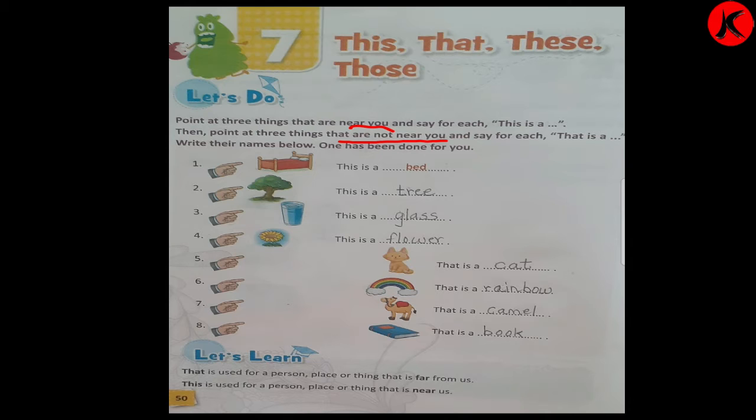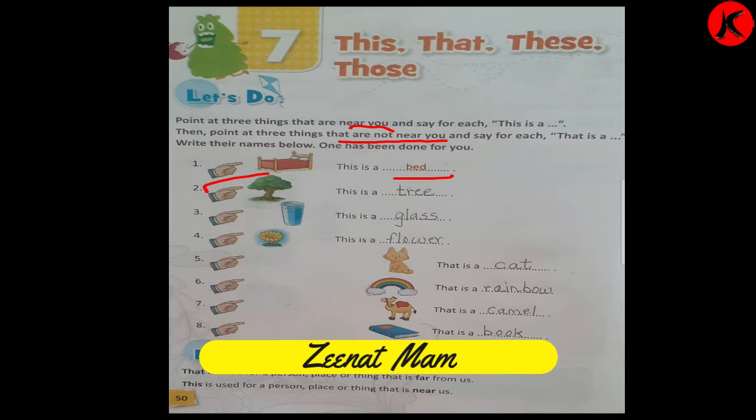और हमें क्या करना है? पिक्चर देखना है और हमें पता लगाना है पिक्चर देख के कि किसका पिक्चर है वो. And we have to write in the blanks given below. We'll do this exercise so you'll come to know. Number 1, this is a bed. Now you can see the finger, the pointing is what? Here the finger is showing you that the thing is near you. Near you means नज़दीक, करीब में है.